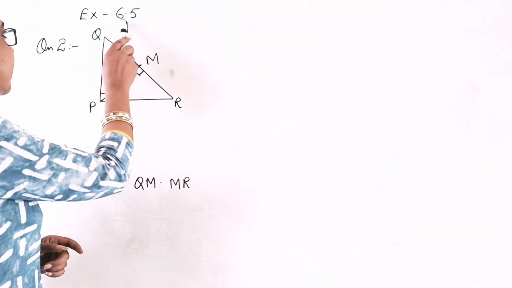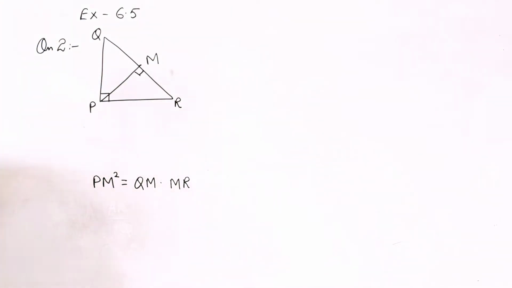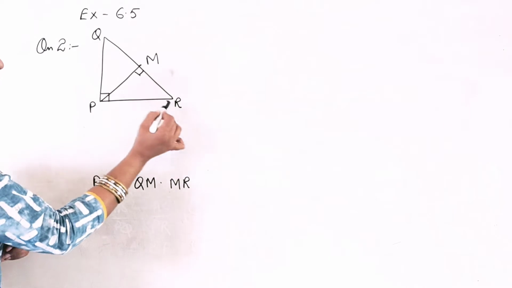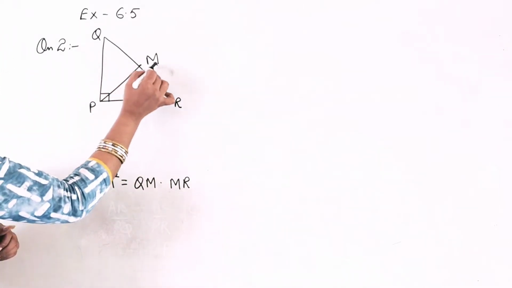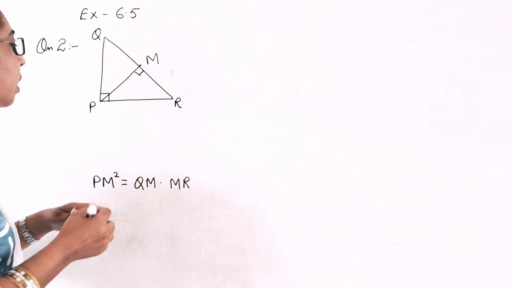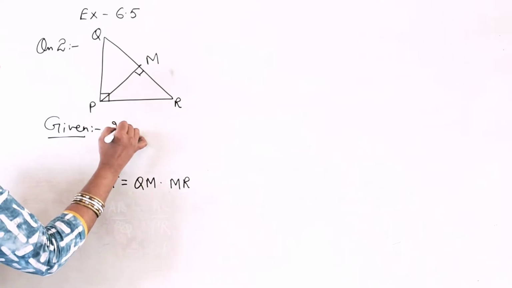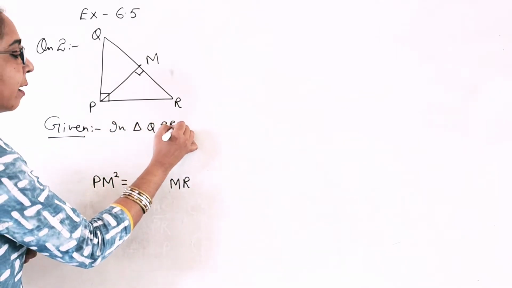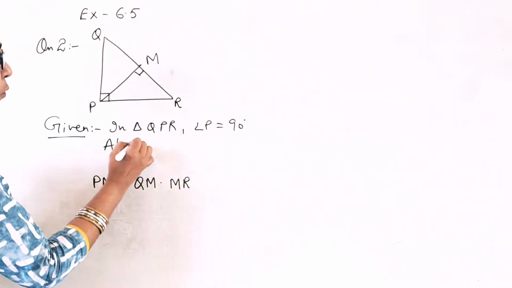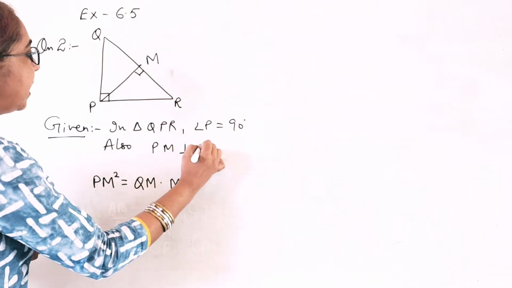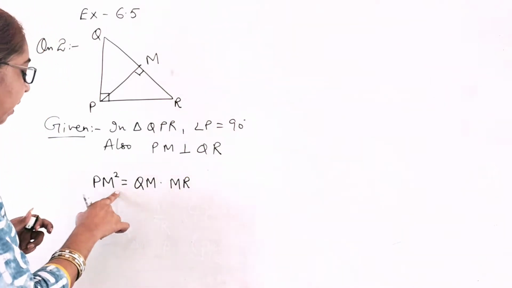Now we will do exercise 6.5 question number 2. And what is given in the question? Here it is a right angle triangle, right angle at P. Also PM is perpendicular on QR. So this is given that in triangle QPR, angle P is 90 and also PM is perpendicular to QR. These two things are given and we have to prove